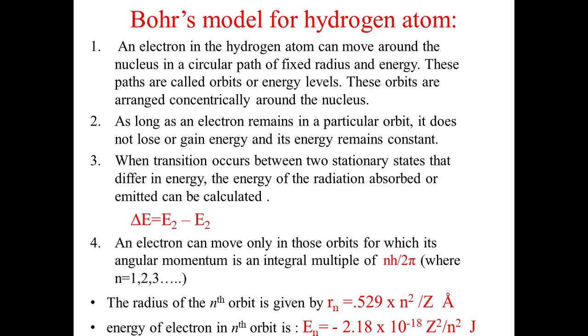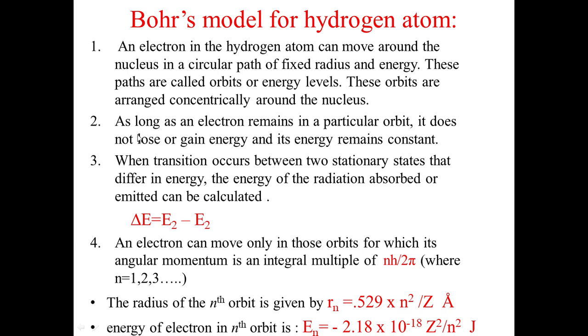The second postulate is that whenever the electron is present inside these energy levels, it never loses or gains any kind of energy, because of which it shows a stable model. That second postulate resolves the limitation of Rutherford, because in Rutherford's model, according to Maxwell's theory, a charged particle in motion loses some amount of energy. And Bohr says that whenever the electron is in a shell, it never loses or gains any kind of energy.